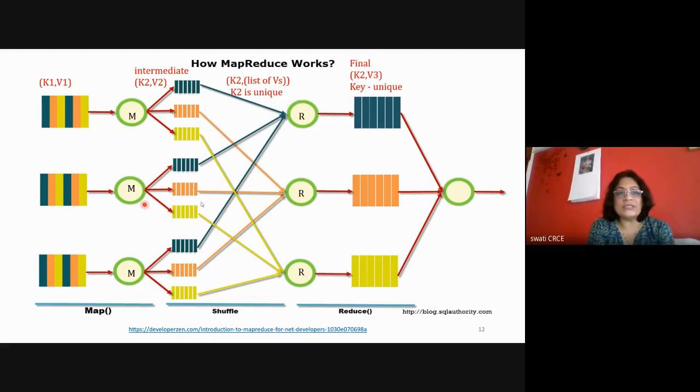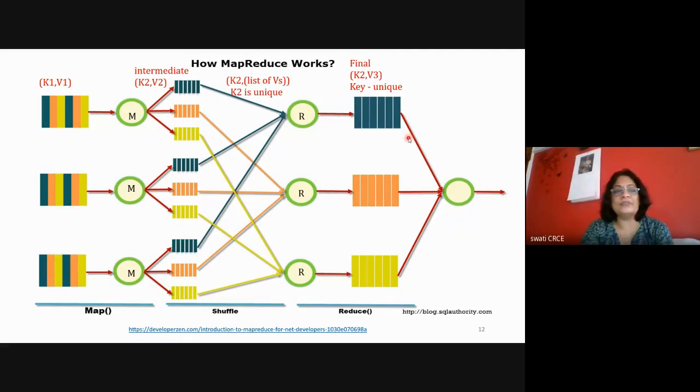Now, in case of two-step matrix multiplication, this mapper and reducer are very simple. That code is very simple. They are not complex. Okay, so they are doing very small job. But in two-step, this entire thing is happening: mapper and reducer. Then again, it is repeated. Again, this mapping and reducing is happening for the second time. So two times this is happening. So it is called as two-step matrix multiplication.